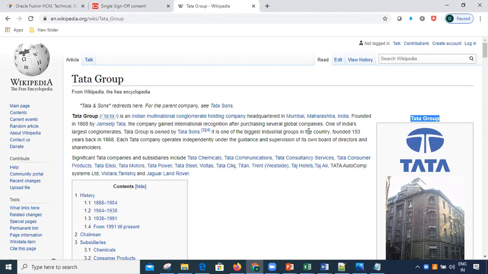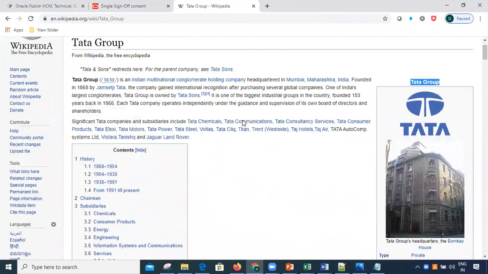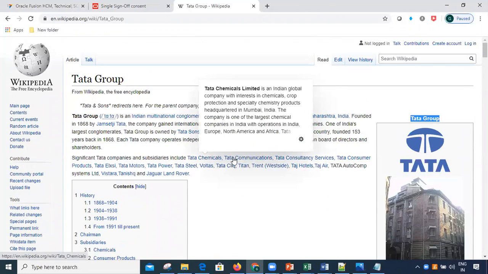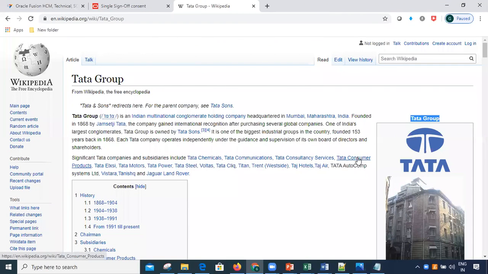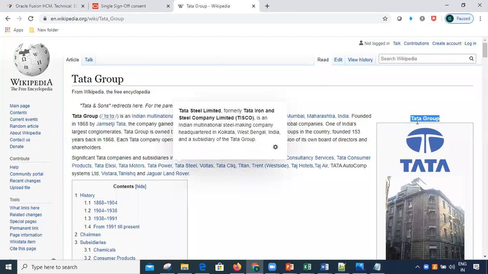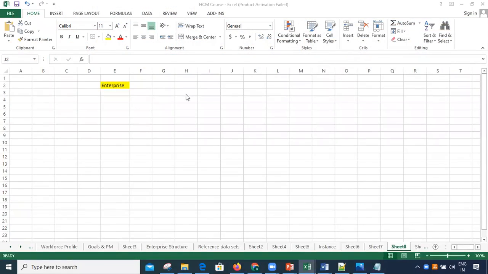Under the Tata Group, there will be subsidiaries working under it, like Tata Chemicals, Tata Communications, TCS, Tata Consultancy Services, Consumer Products, Tata Motors, etc. But what is this Tata Group then? We will call the enterprise the ultimate holding company, or we can say the mother holding company of the group. So we can say enterprise in the Fusion system is a logical top level assumed entity.